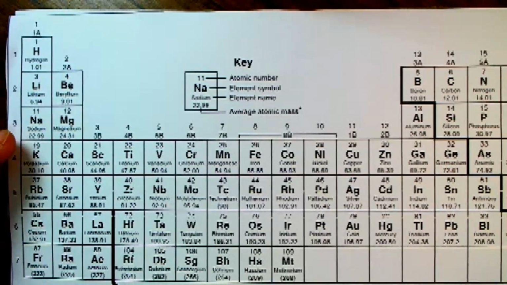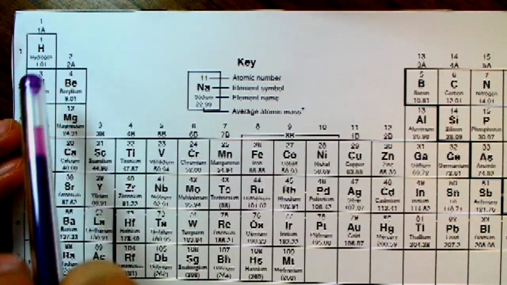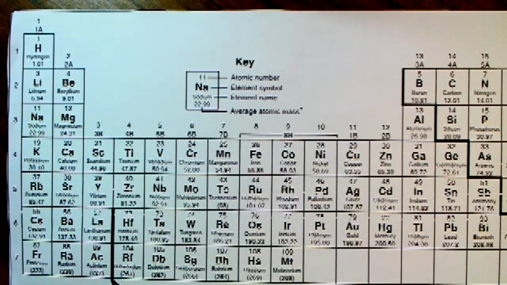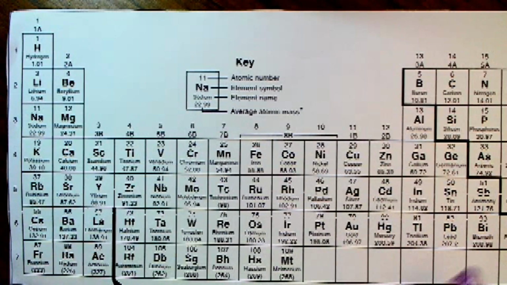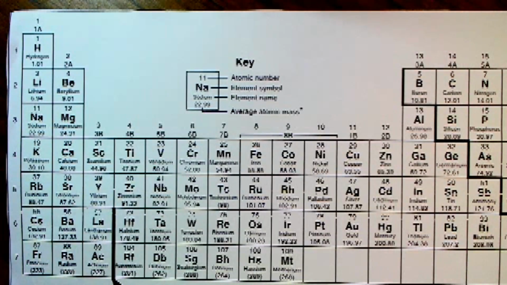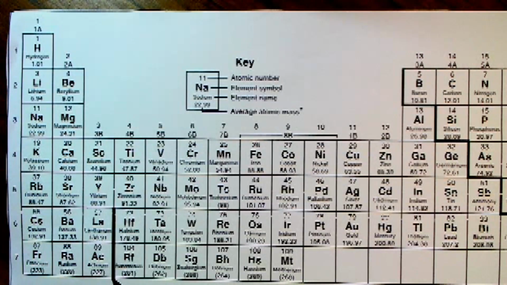So this is the periodic table, and it might look a little intimidating at first with all these numbers and symbols on here, but the big picture that I want to get here is that these symbols represent the building blocks. They're like Lego bricks, if you like, and by putting together these Lego bricks we can make new things. Or you can think of them as letters of the alphabet. By putting together letters of the alphabet we get words. So the letters of the alphabet are like these elements here, and when we put them together we get the stuff that we see around us. We'll come back to the periodic table in a moment, but next let's take a peek into the atom